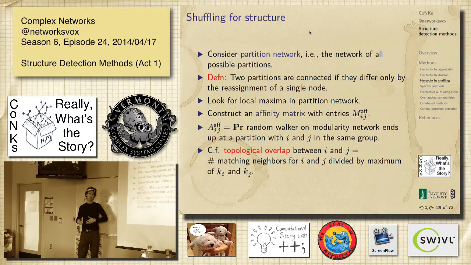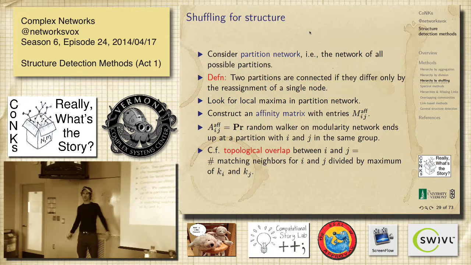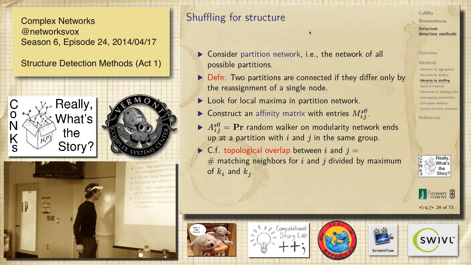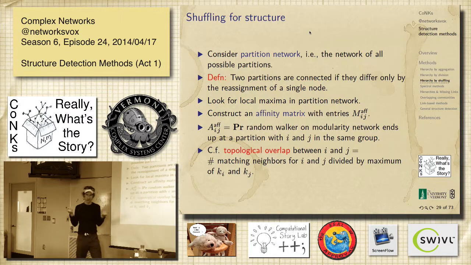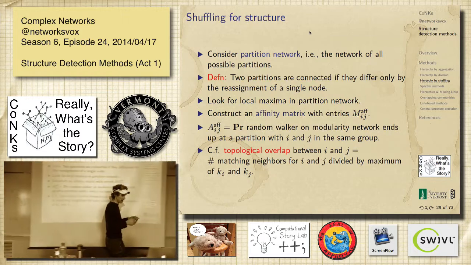So this kind of approach is repeated by others. So now we'll take a whole ensemble of partitions and then just sort of take a superposition of them, which is a classic, like we're not sure what we're doing, so let's just put everything in a box and average it. Topological overlap. We'll get to that again for communities, but for I and J, it's how many of your friends are the same, given your total number of friends combined, what fraction of them are the same? Right, so if you share exactly the same friends, it's 1. If they're completely distinct, it's 0. If you don't count each other, I guess.